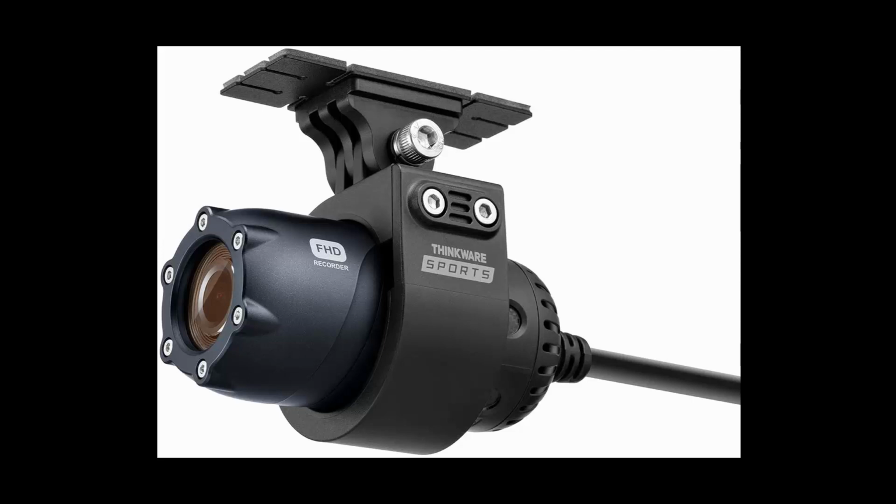Weatherproof, IP66 rated. Designed for durability and water resistance, the IP66 rated M1 can withstand and record in the harshest